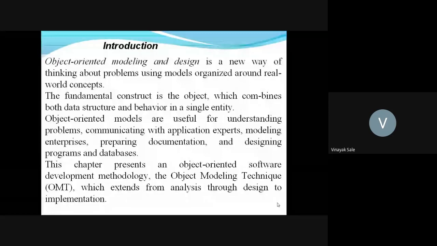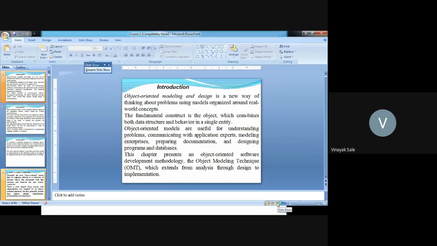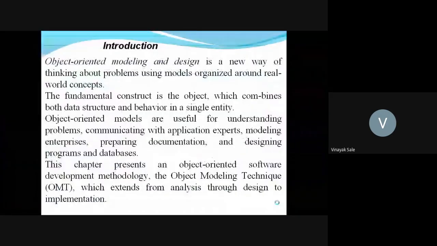Then there are some modules, that is modeling the enterprise. Then preparation of the documents regarding your projects. Then what is the design, then program code, and what is the expected database regarding the project. In that project, you should have the knowledge regarding object-oriented models.